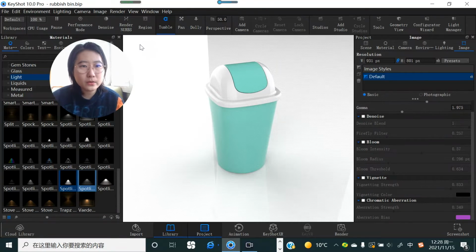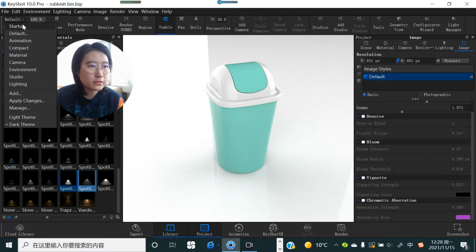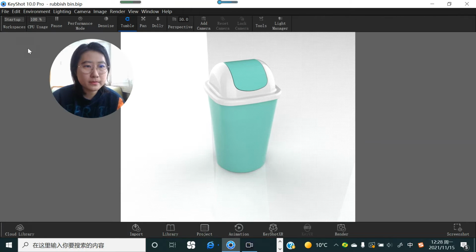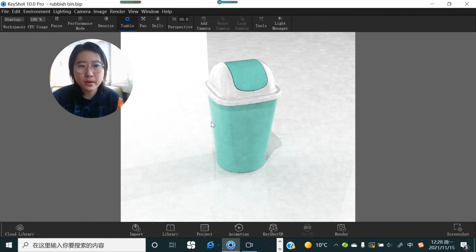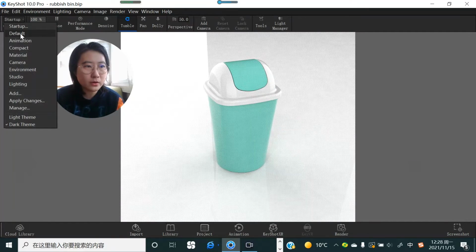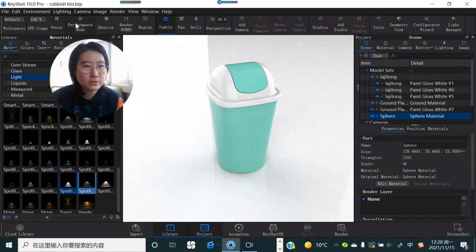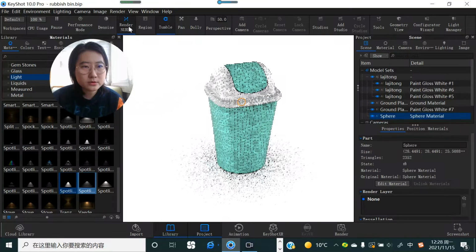And also I will tell you, before, in startup mode, you're just going to have a rendering view window in here. You're not going to have the library on the left side and the right side. Let's just turn on default. So in default, there is a render numbers or regions option. Render numbers, if you click on this,